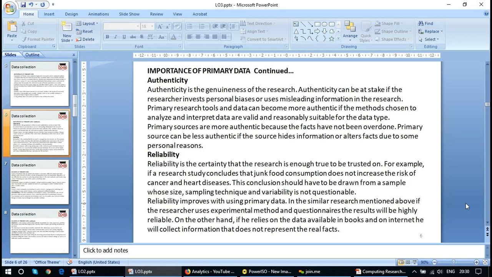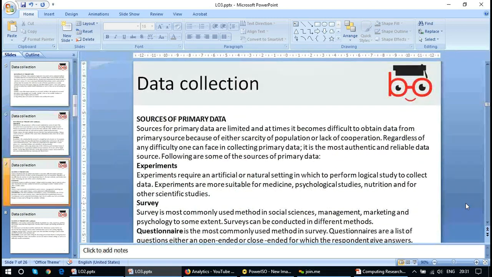Is that clear? Like, this has become a kind of theoretical definitions. I couldn't reduce the number of lines and its characteristics, but just make it a kind of discussion about the primary data. Yeah, that is for your understanding. You can talk more about the primary data and its importance. Now,